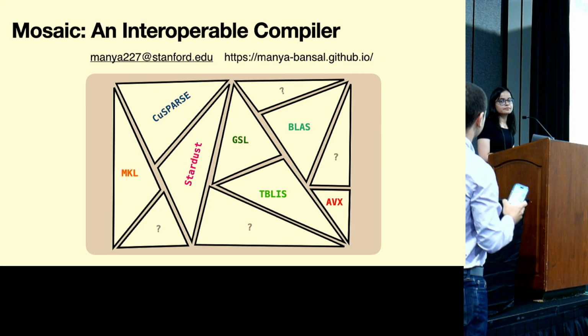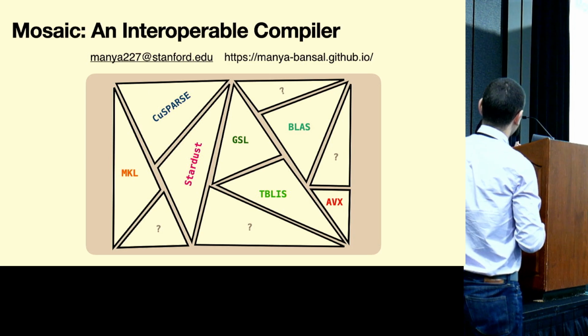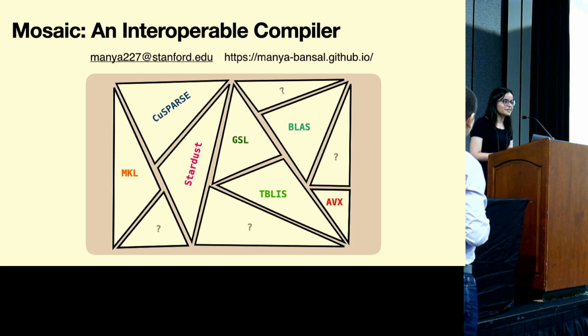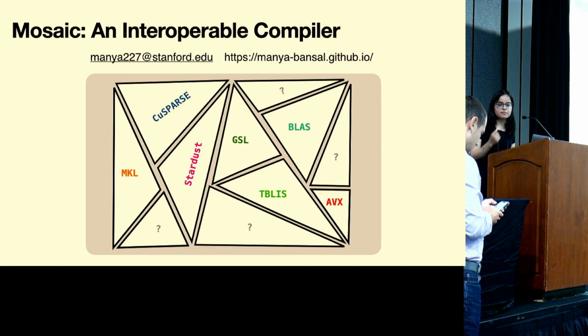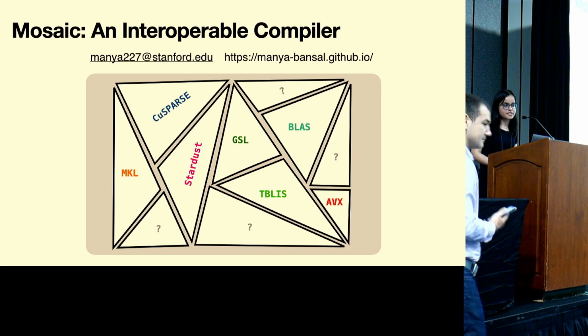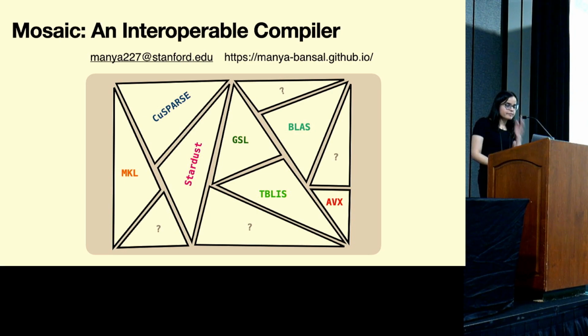So maybe I'll ask a high-level question to start. What's the next step for Mosaic following from this paper? Oh, that's a very good question. I think the obvious research direction is to build the auto-tuner, so pick the best schedule out of all the options that we have produced. I think that would be the next obvious step in terms of research.